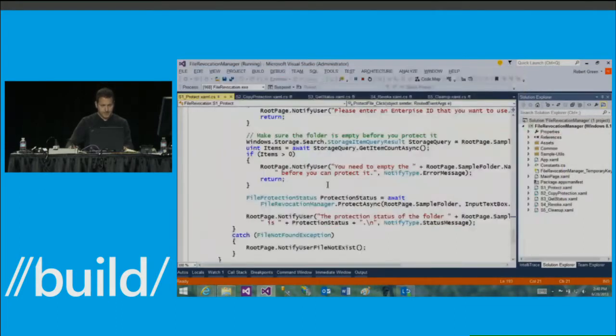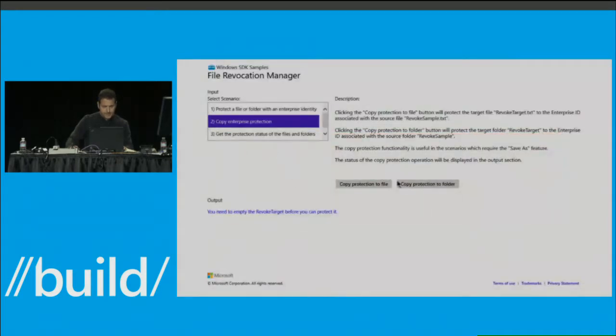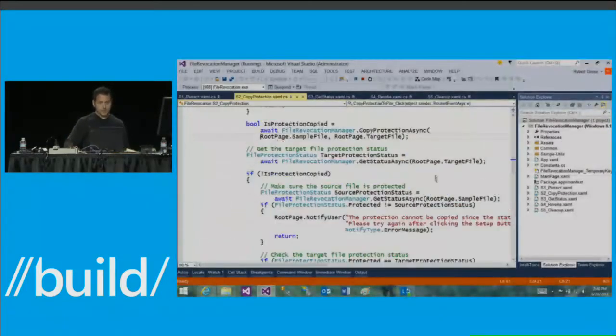Okay, so these are empty. Now let's go back and copy the protection to the folder. You can only copy protection to an empty folder, but when you first protect the folder, any files that are in that folder will inherit that protection. Okay, so to do the copying,